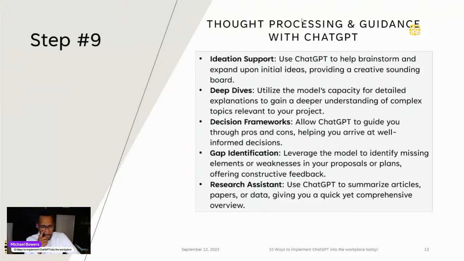Another one would be a decision framework, and this is really important because when you're trying to make a decision on something, and I've actually done this several times, when I want to decide if I should maybe take on a solution or maybe it could be a systematic approach, ChatGPT can conjure up all types of expertise and help identify things that you probably are not even thinking about, but you wouldn't even know how to look at.